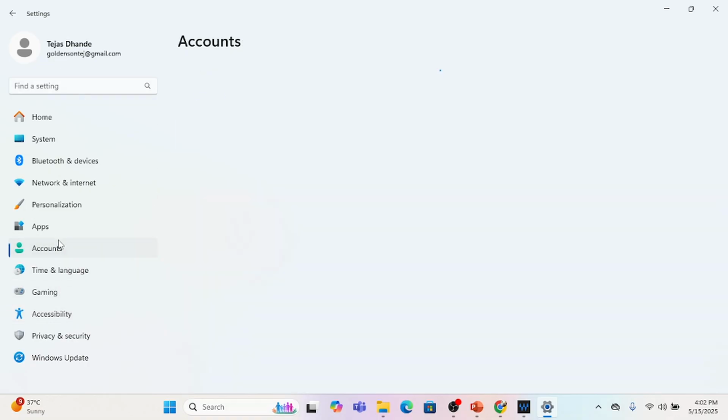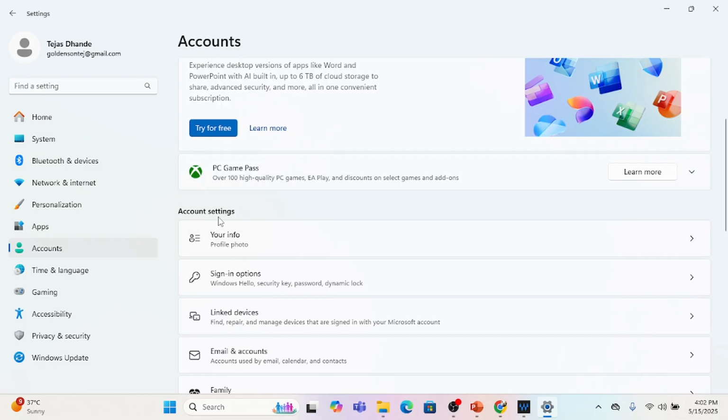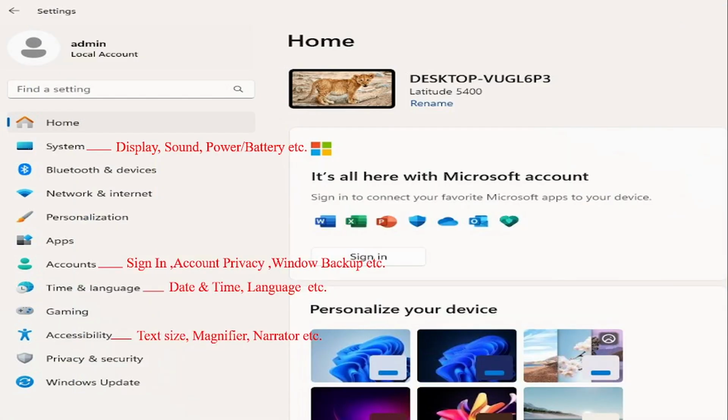Last is accounts. You can create an account, change your password. Windows backup and accessibility. Narrator reads text aloud from the screen and magnifier zooms into screen areas. These settings help